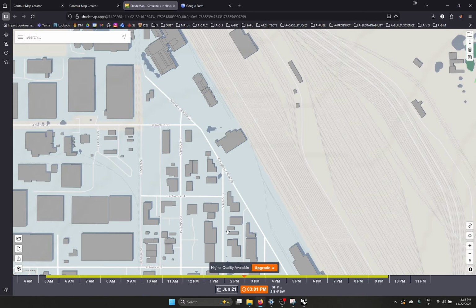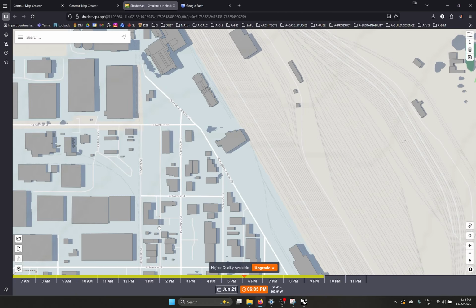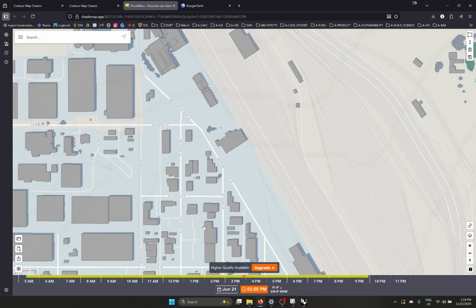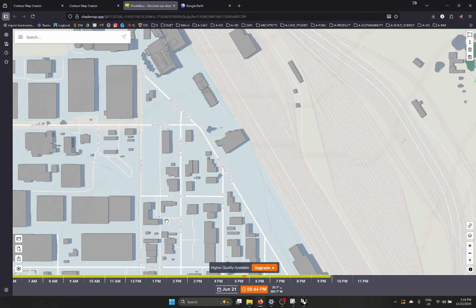Or we can just use it to create a little bit of a sense of depth. So what I'll be using this for is creating depth. So I might set this around, let's say, 6 p.m. on June 21st, the summer solstice. And this will give me just a little bit of depth on all of my buildings in order to give a sense of more 3D